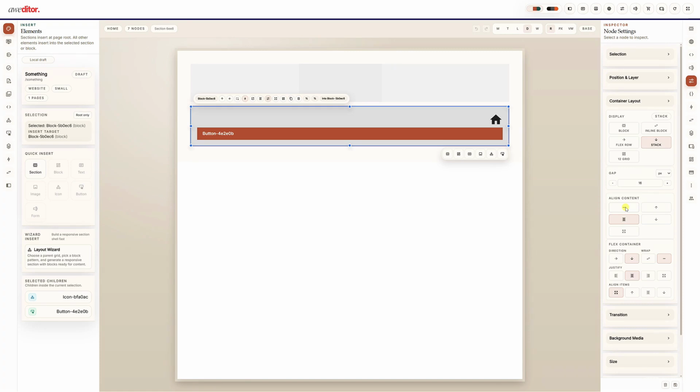For example, a layout where one side takes 7 columns and the other takes 5 columns, or 3 cards that need to align neatly, or a feature section where content spans differ in width. So I'll switch this section to a 12 grid. Now in the columns, the blocks can be in different